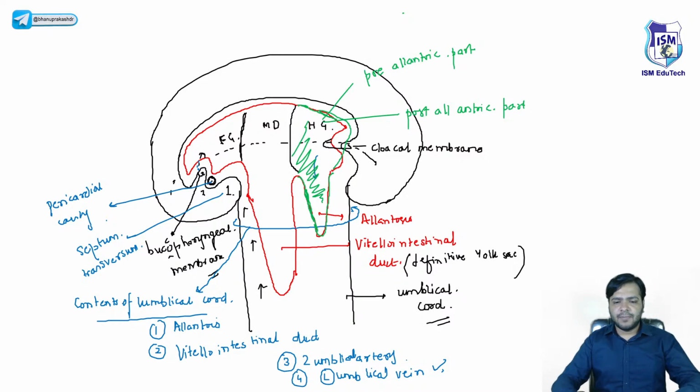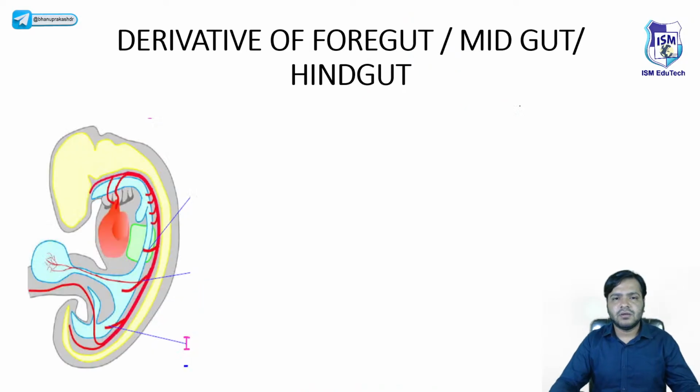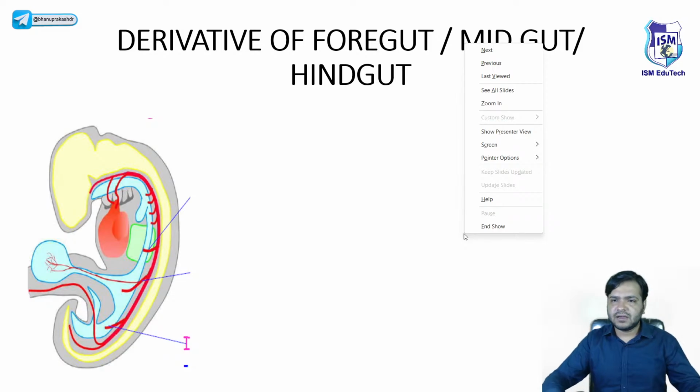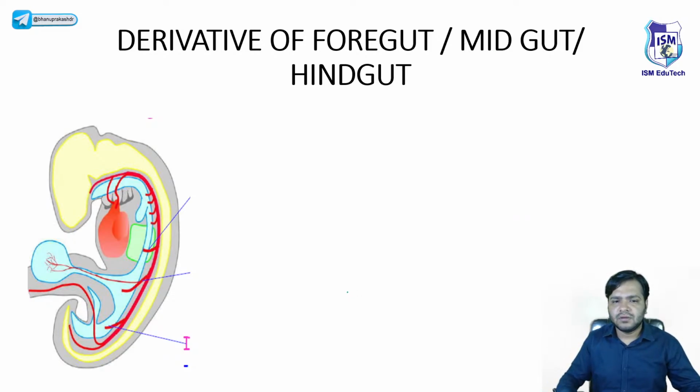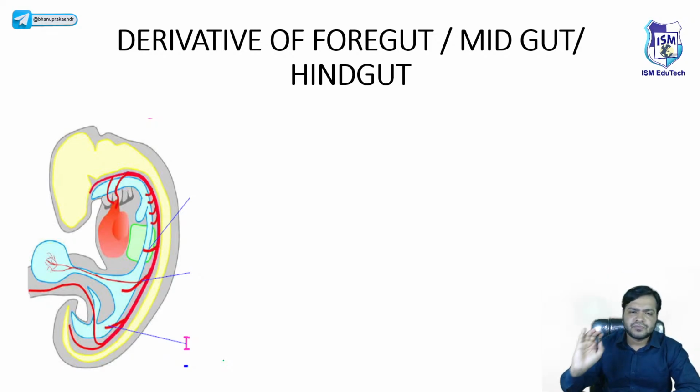चल, अब हम लोग आ जाते हैं अपने टॉपिक पे, एंड दैट इज द डेरिवेटिव ऑफ द फोरगट्स। अब एक एक करके डिस्कस करेंगे डेरिवेटिव ऑफ द फोरगट, derivative of the foregut. Now guys, you already know,